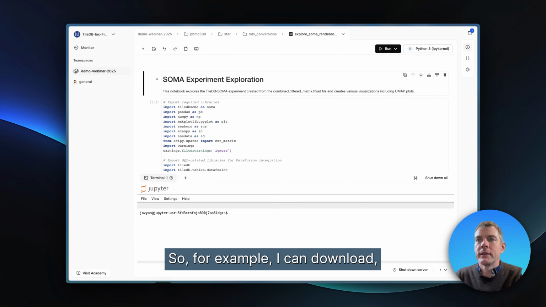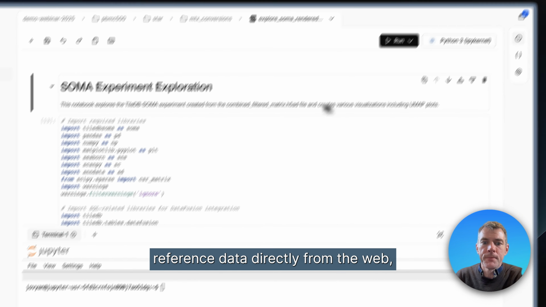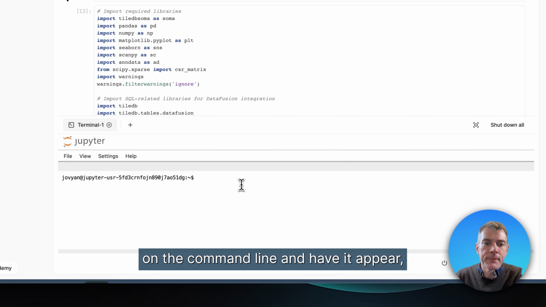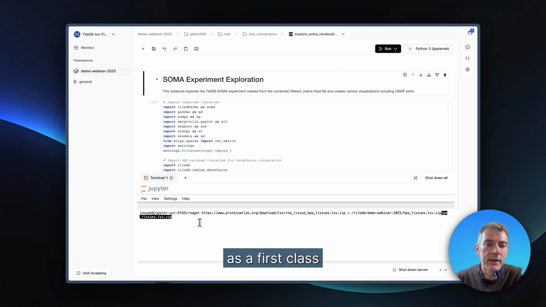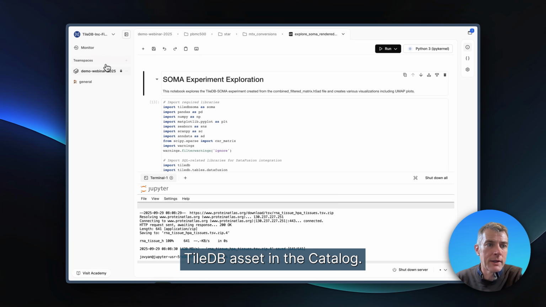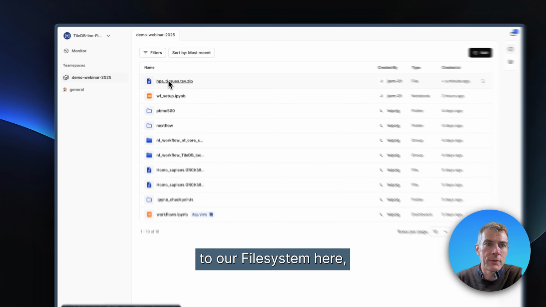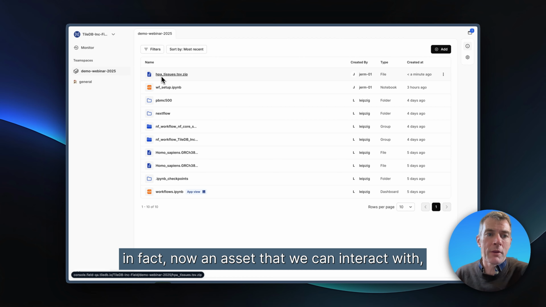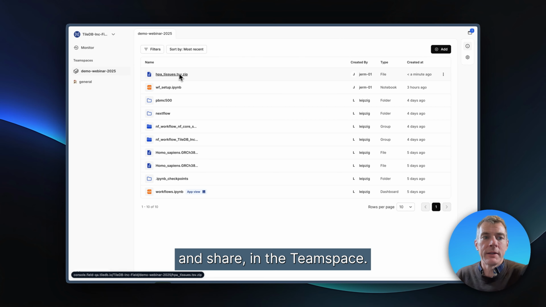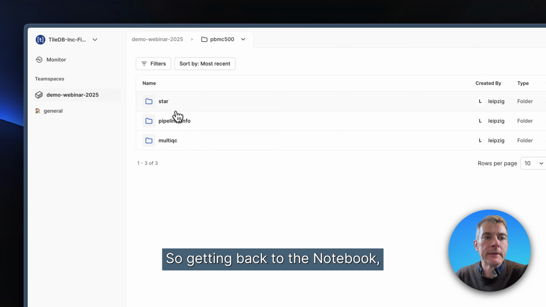For example, I can download reference data directly from the web on the command line and have it appear as a first-class TileDB asset in the catalog. So if I was to browse back to our file system here, you see this file is in fact now an asset that we can interact with and share in the Teamspace. So getting back to the notebook,